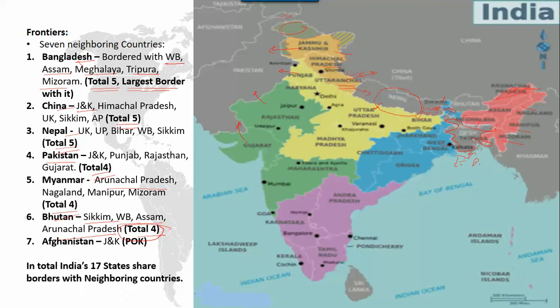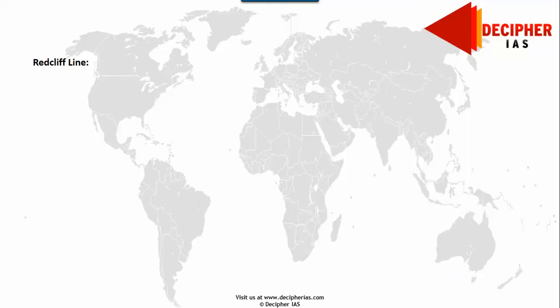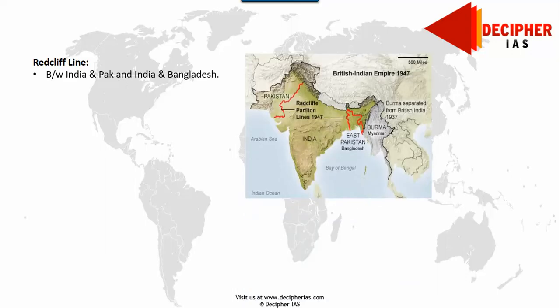So in total, this might be a question, how many states share borders with neighbor countries? We got 17 states. So guys, we are moving on to the borders, various lines, like we are having Radcliffe line which defines borders with India and Pakistan. Actually, initially this was between India and Pakistan. This was the West Pakistan, this was the East Pakistan at 1947 at the time of their formation. So Sir Radcliffe,